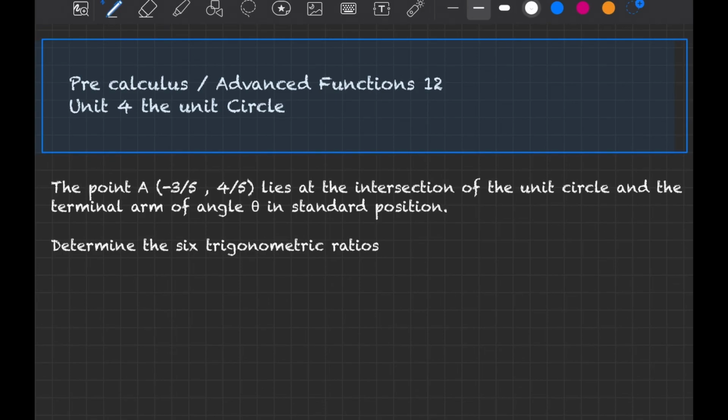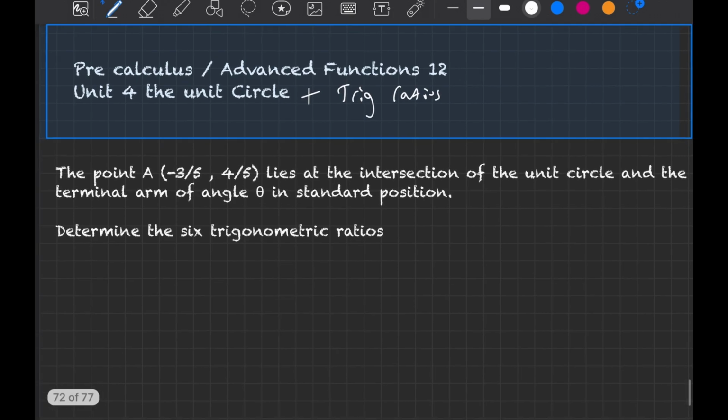Okay, now let's continue learning the Pre-Cal 12 or advanced functions, trigonometric ratios, so unit circle plus trig ratios. So first question is if we have the point A, negative 3 over 5, 4 over 5, we have to determine the 6 ratios. So this would be, if we were to draw it,